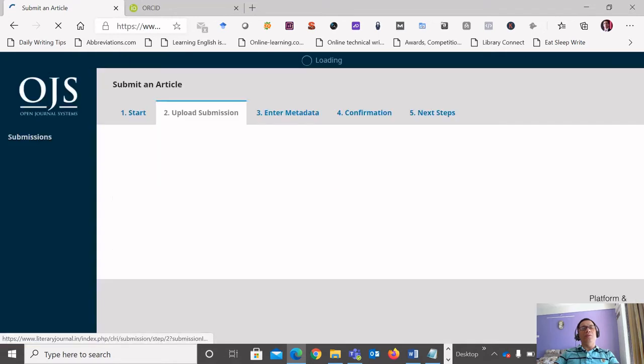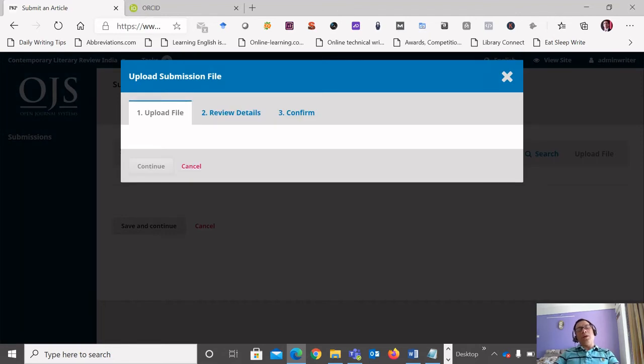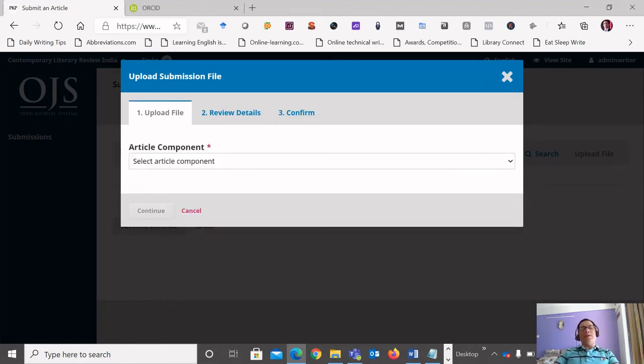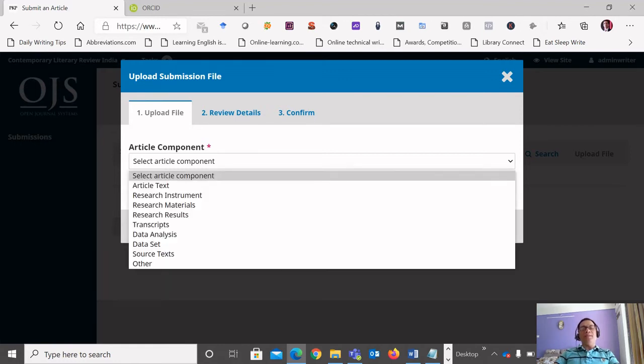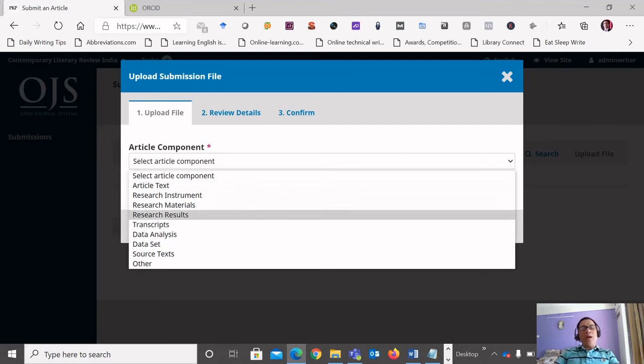Now I'm moving ahead to the second step. Here, this is the upload section. Now there are three options. So I will select the write article component option. In this section, you will see there are several options.